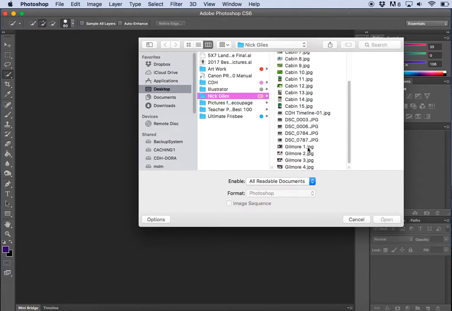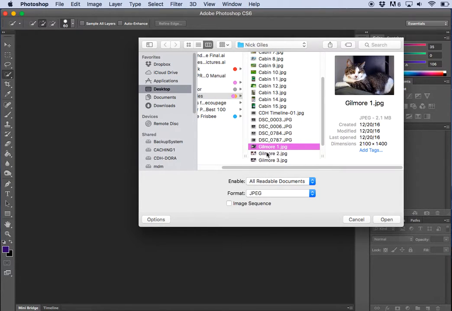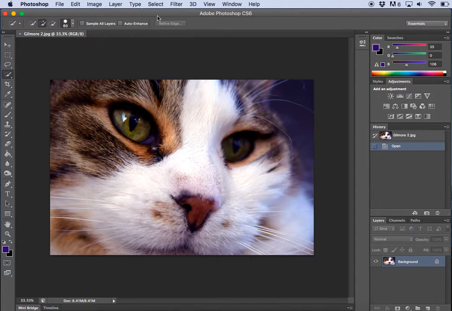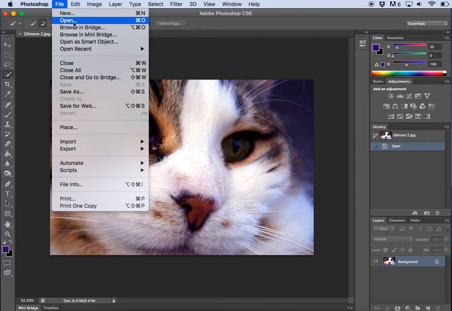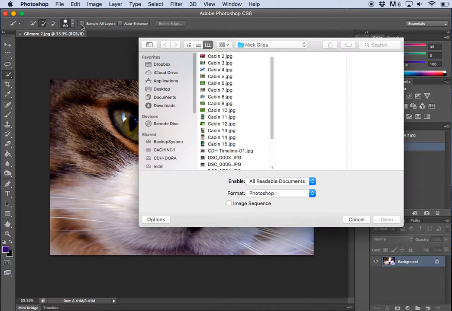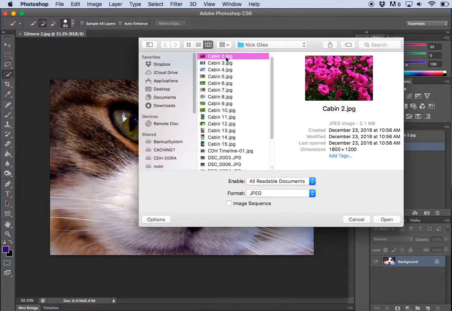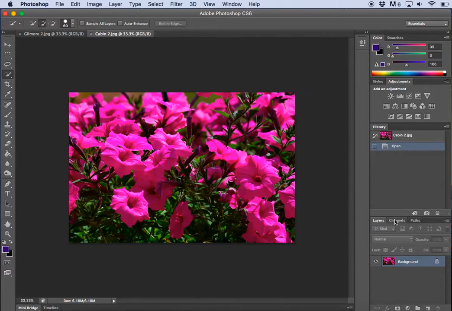I'm going to find, let's see, picture of my cat. Open one there. So that would be like a portrait. And go ahead and, if you want to find a landscape or something pretty in the background, like these flowers,